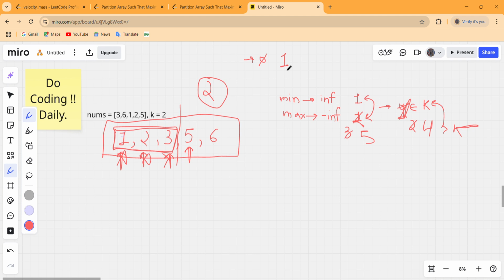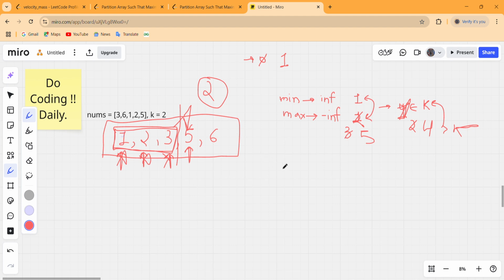And also we have to take care of the value of minimum this time. Now the minimum value for the previous partition is this one, but as we know the partition is over at this index. So for the next possible partition, the minimum value is this only. That means the start of the next possible partition.